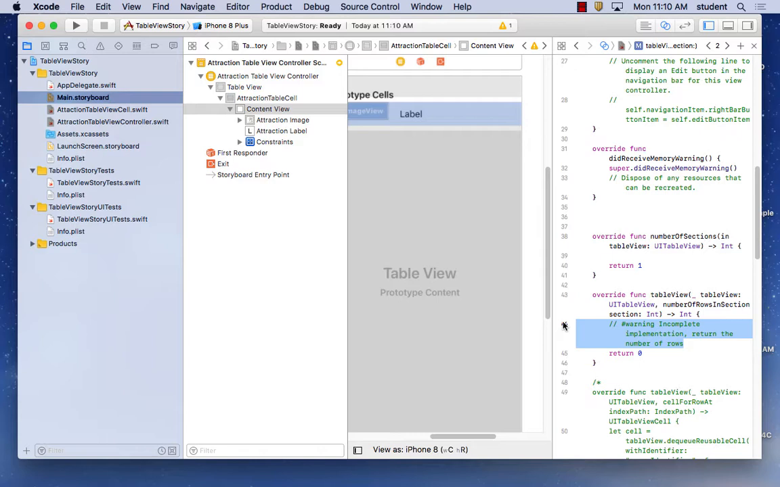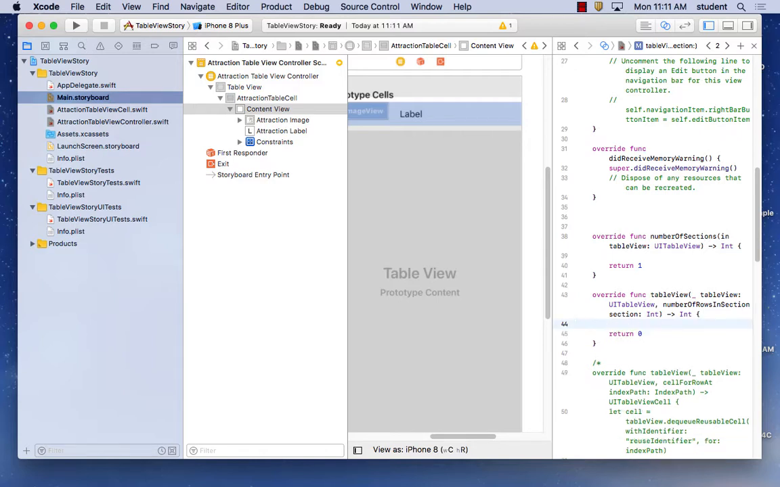In the sections, yeah. So let's remove the warning here as well. And then it says return 0, but we don't want to return 0. We're going to return a number. And so we're going to put in attraction